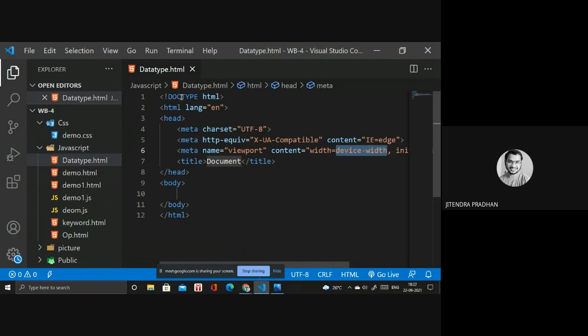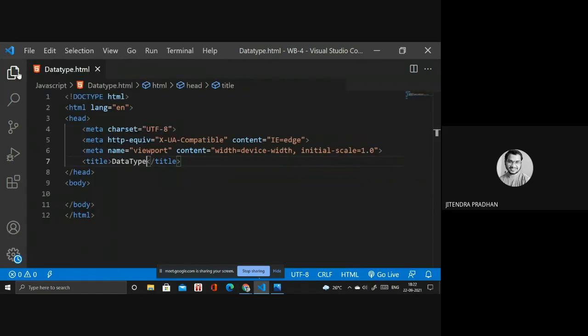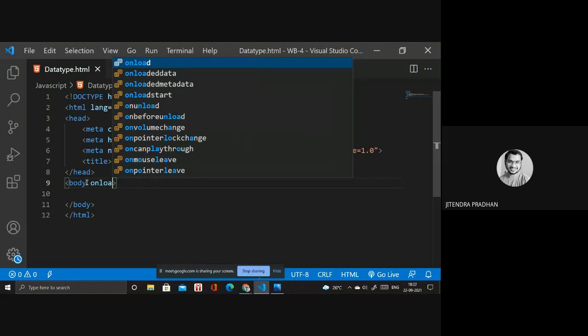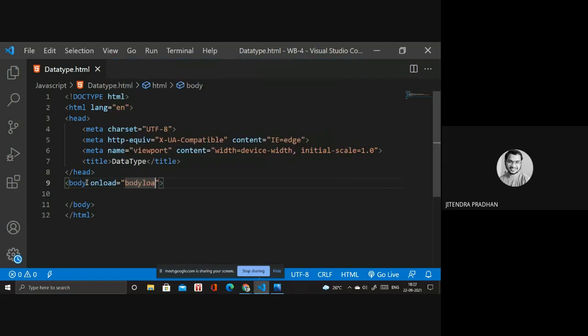We have to write the title as data type. I will write a function inside that, onload, body load. Body load is my function.